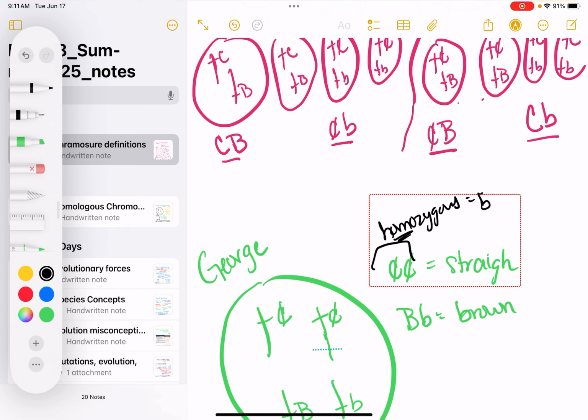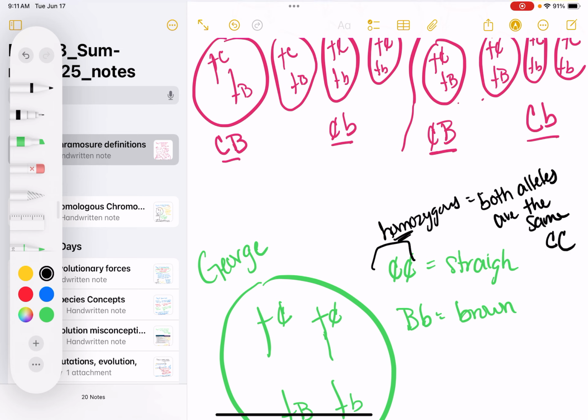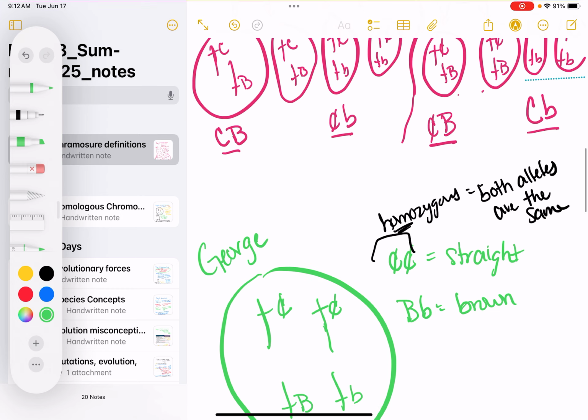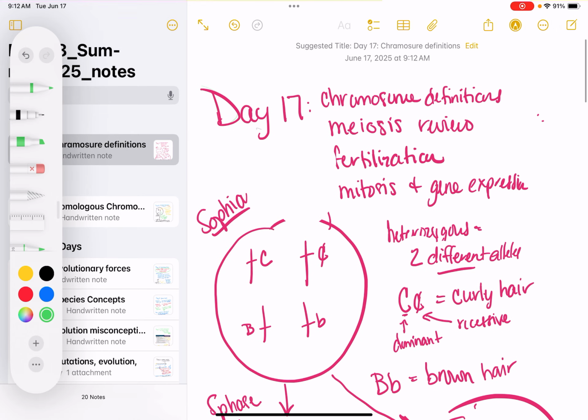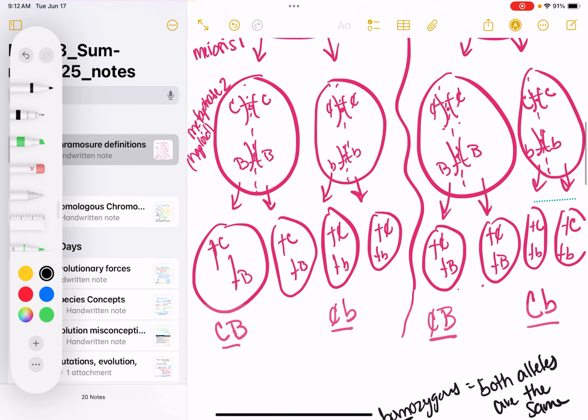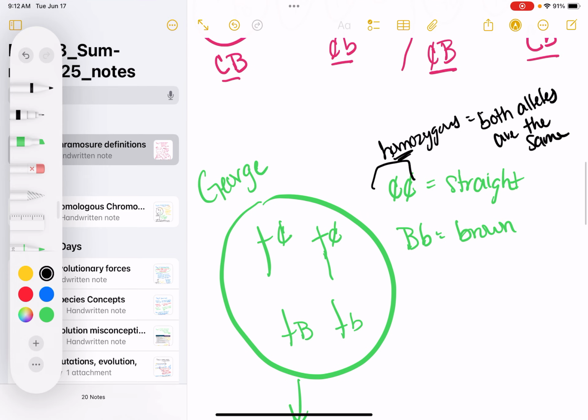So both alleles are the same, okay? So this could be little c, big C would also be it, right? Big B, anything where the 2 letters are going to be the same is going to be homozygous, right? Versus up here we had heterozygous, right? Hetero meaning different, where we had those 2 different alleles, okay? So George was homozygous for the texture, for straight hair, and then he was heterozygous